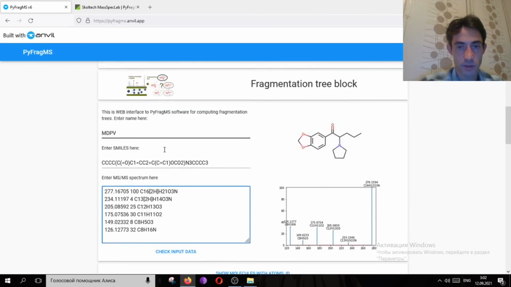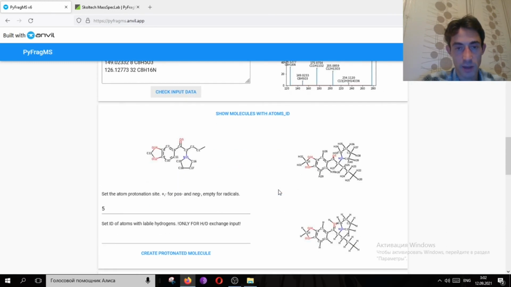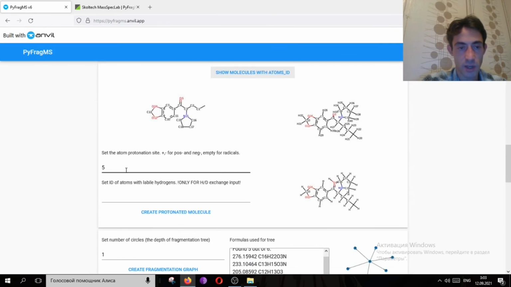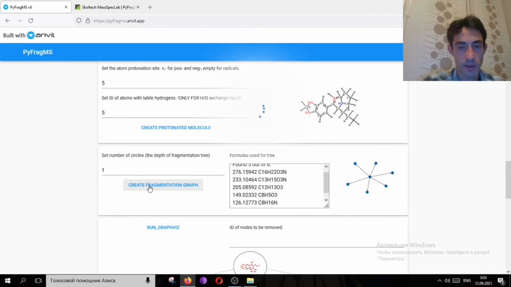So now we are inserting spectra after hydrogen deuterium exchange. You can see the position of deuterium in spectra. Once again, show atoms with ID. Let's protonate oxygen, and here we should specify that it's not protonated, it's deuterated. And if we create the fragmentation tree,